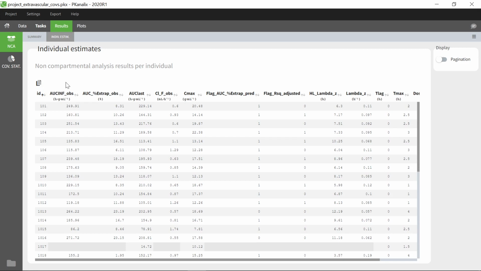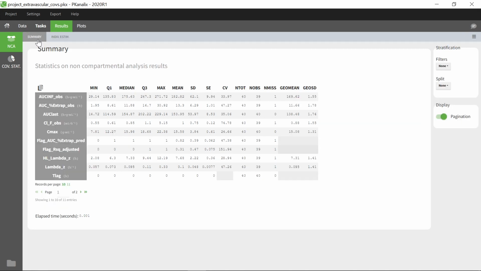or in a report. In addition, there is now a stratification section for the summary table for NCA parameters. Let me remind you a few things about the summary table. It gives statistics over all individuals from the dataset for the non-compartmental analysis parameters that have been computed, with one NCA parameter per row. Note that the column NOPS here counts the number of individual values used to compute the summary statistics, and NMIS counts the individuals that are excluded.